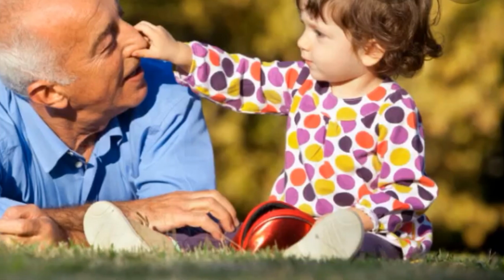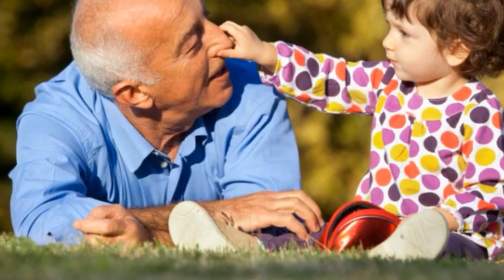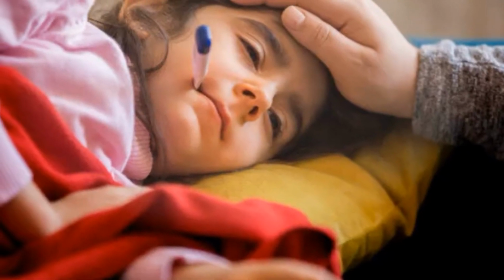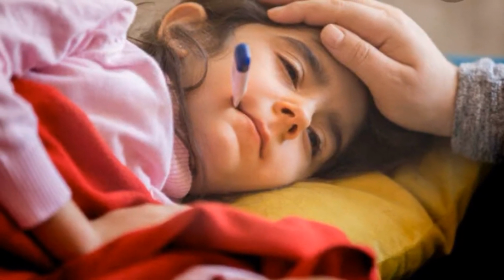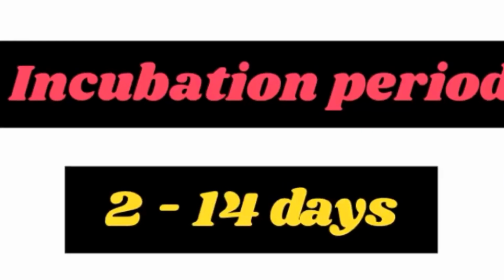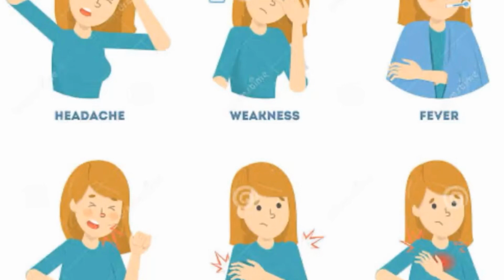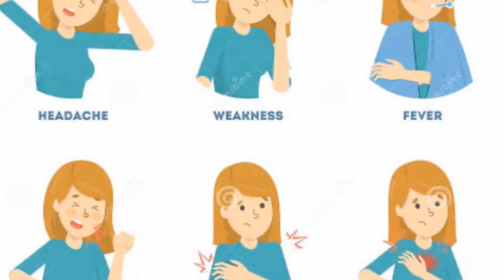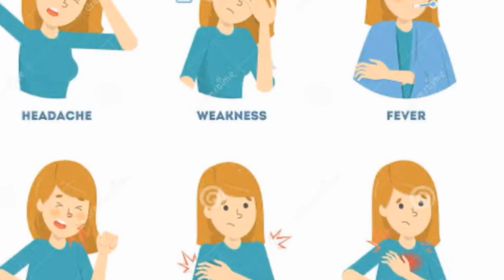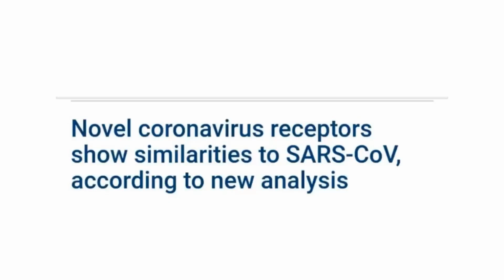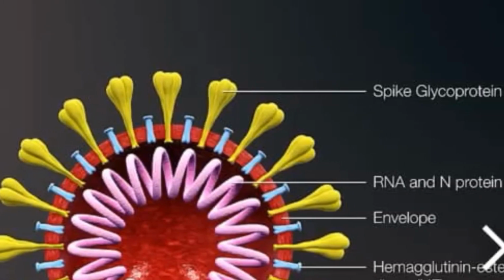Who are the victims of this new coronavirus? It mostly affects immunocompromised individuals, the elderly and children, and the incubation period is thought to be 2 to 14 days, and the individual can transmit before even the onset of symptoms. The symptoms are common cough, fever, and throat pain. So is it SARS, which broke out in 2003 to 2004? Actually, this novel coronavirus shows similarities to the SARS coronavirus, but it is not the SARS.